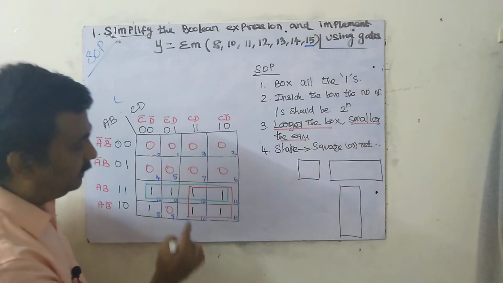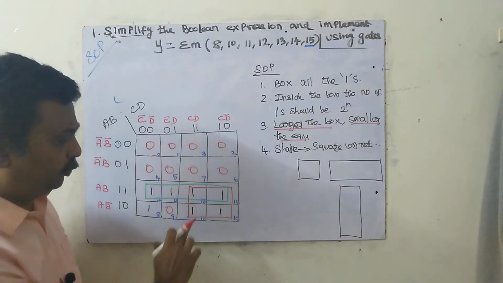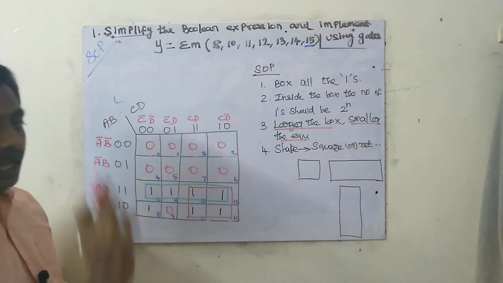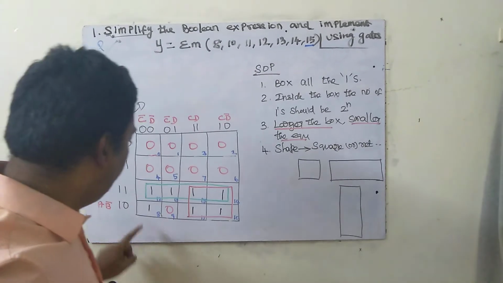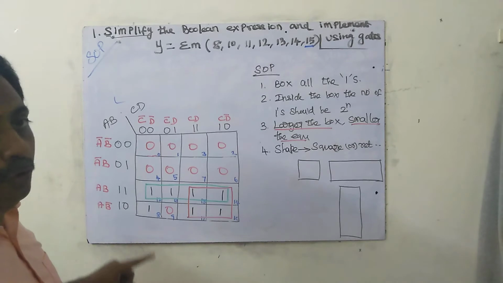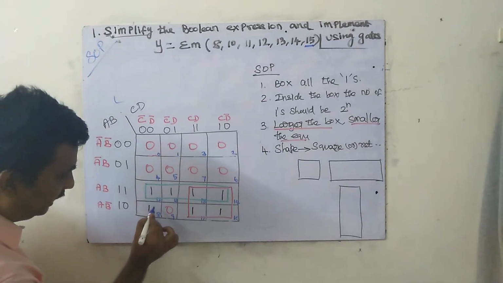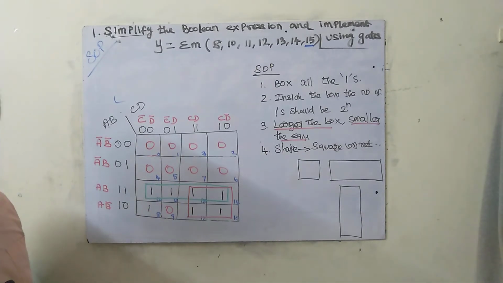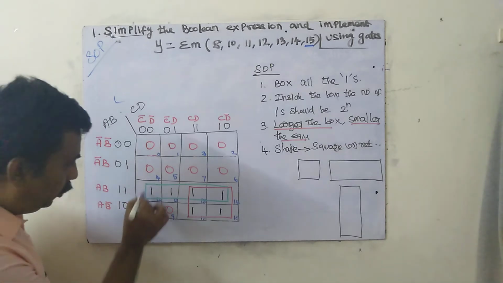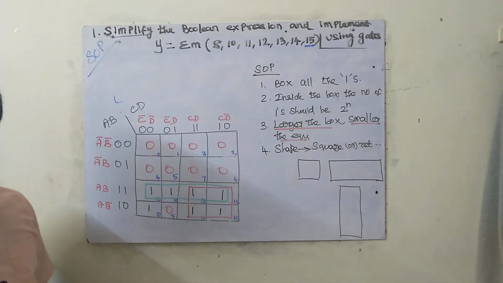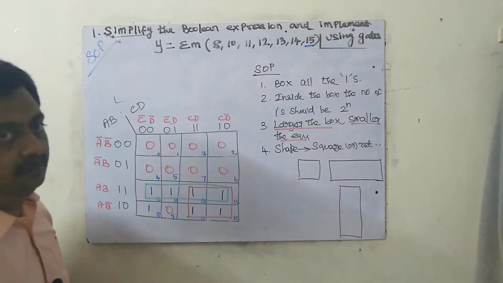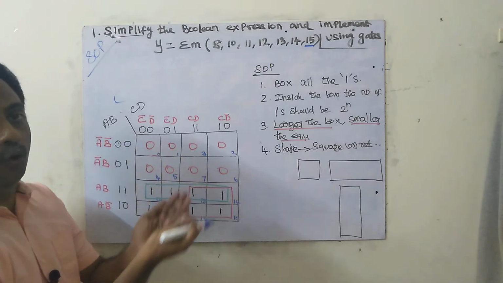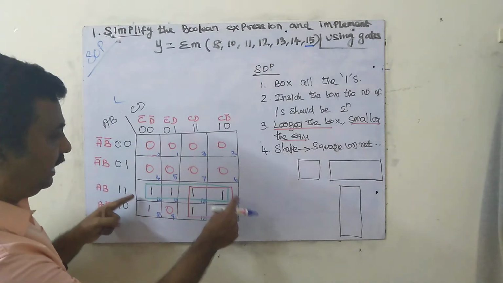Why am I going for a square? These two are already boxed, no issue. I can use this to box this. So coming to the third one, only this one is remaining. I can box a single box. Why a single box? Is it possible to go for 2? Yes, 2 is possible. Whether 4 is possible? Yes, 4 is possible. How? This thing I have already shown, it is like a globe. This and this are touching each other.